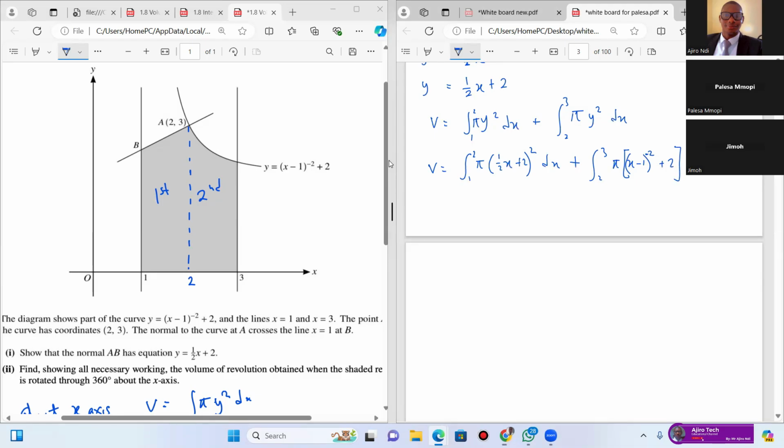Okay? For the first one, I can put pi outside because pi is a constant, right? If I square half x plus 2, I get 1/4 x squared plus half x times 2, which is x, plus x, plus 4. That is, I want to integrate 1/4 x squared plus 2x plus 4 dx. Plus, if I integrate this other one,